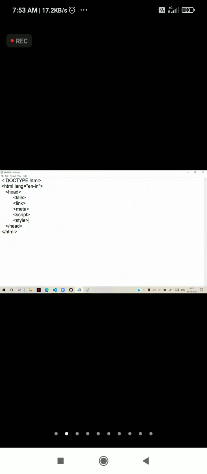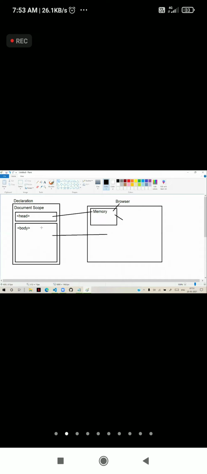But professionally, if you don't give them, the browser is unable to understand the situations properly. Then a lot of issues will come, so you have to configure that. So what is the intention of the head section? I told you, its intention is to first load everything into browser memory. And from the memory, it can be provided to the browser or to the page. So the browser also can use that content and the page also can use the content.